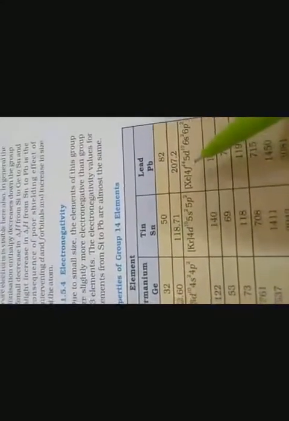So the distance, 3s2 3p, like that the shells are going to increase, so the distance between this and this is going to increase only. So there is a considerable increase in covalent radius from carbon to silicon. Thereafter from silicon to lead a small increase in radius is observed. This is due to the presence of d and f filling, as I show, d and f, so distance is going to increase. Now that is ionization enthalpy.